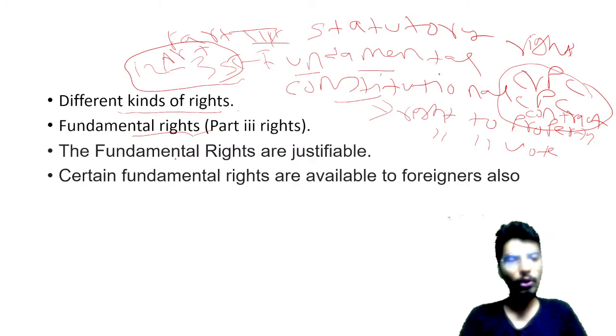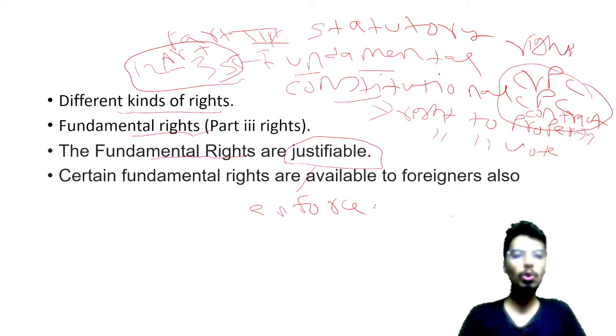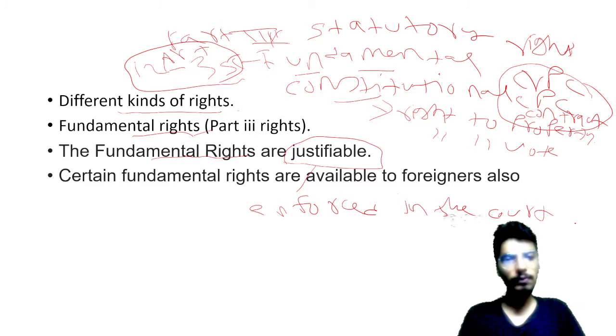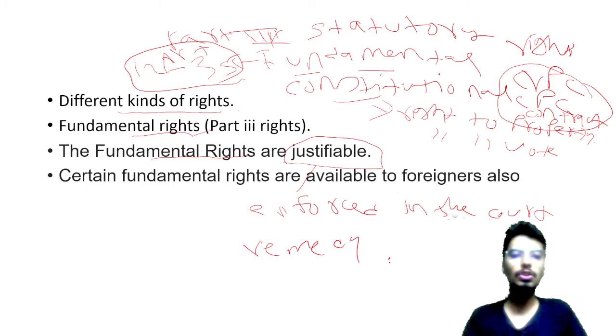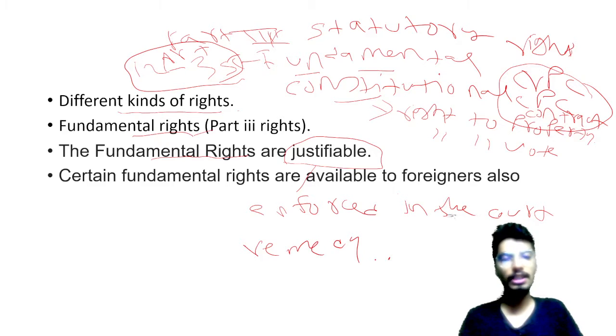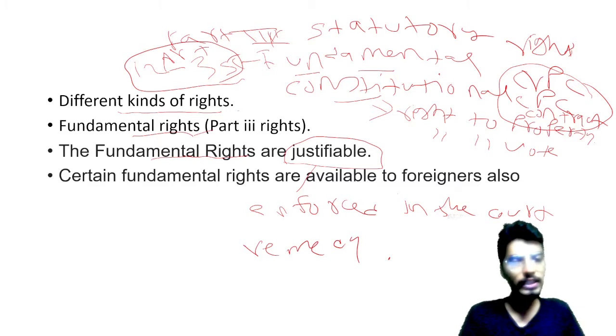Now another important point to understand about fundamental rights, these are justifiable rights. Now what do we mean by this? This simply means कि it can be enforced in the court. So if fundamental rights are violated, then you can go to the court and you can enforce these rights. So court can enforce these rights. तो ये ऐसे नहीं है कि अगर ये rights violate होंगे तो कोई remedy नहीं है. The remedy is there. You can move to the court and then your grievances can be settled there, and whatever your rights are will be given to you. So this is one important thing.